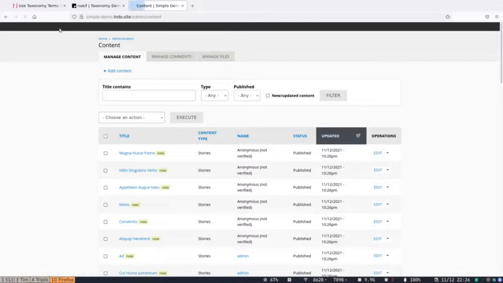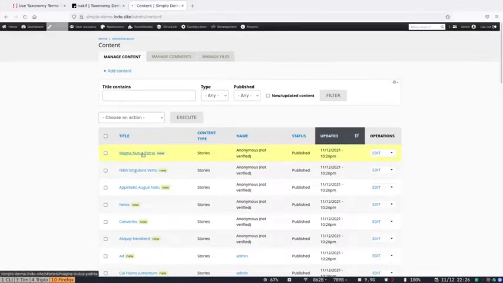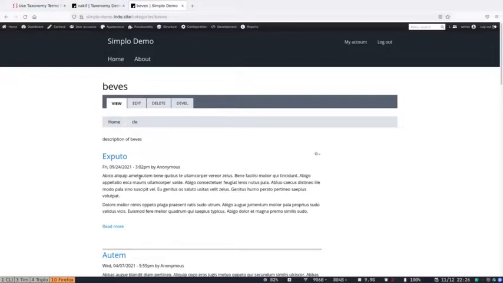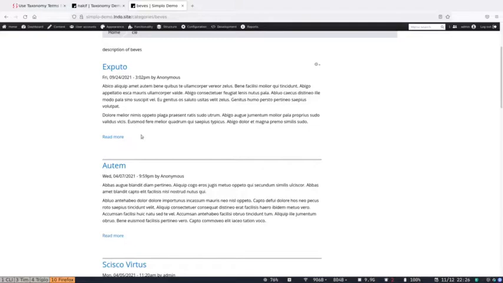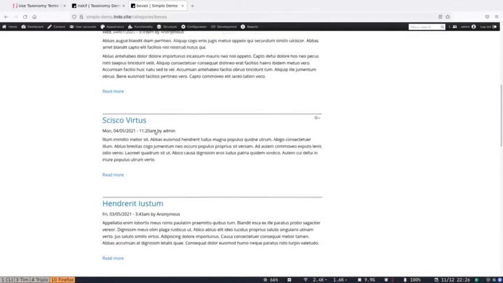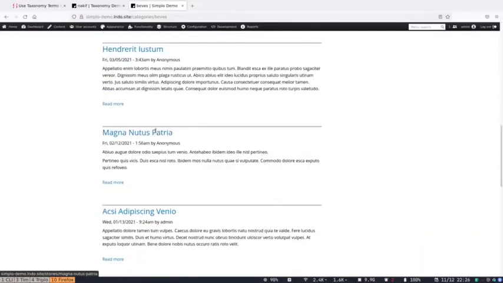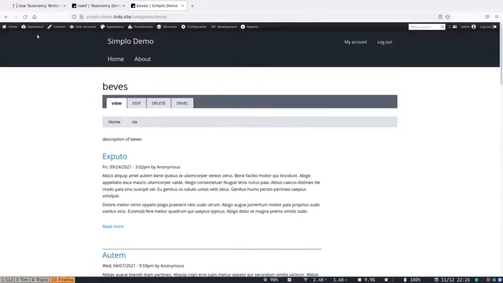So now if we go into content, there we go. We can find a bunch of nodes or stories, and each story has at least probably one category. If you click on the category, it takes you to a list of other stories with that same category. But we can't get to any category from this page. That's the